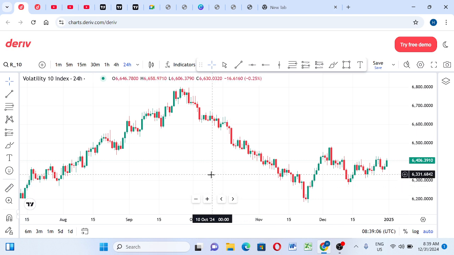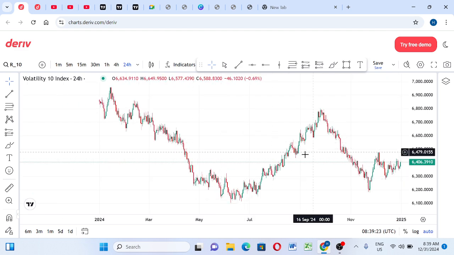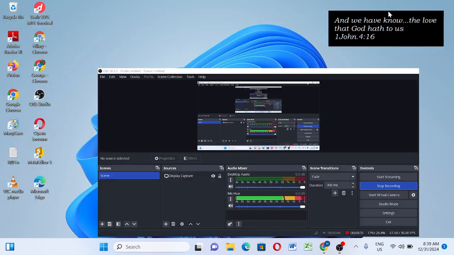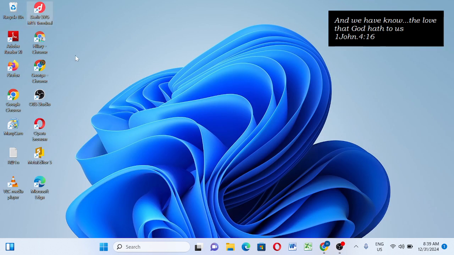Looking at one of our favorite pairs that we trade, which is the Volatility 10 index. On this Volatility 10 index, one thing we are going to be doing is checking the trend of this market to be able to identify what we are going to do. But before that, one thing I would like us to do is